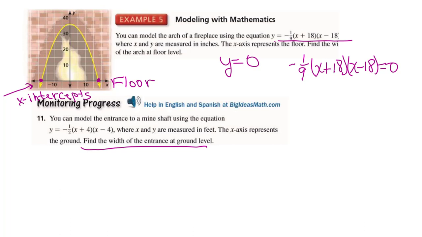So now what you are to notice is this is a factored polynomial. There's one factor, there's one factor. Now the nice thing is -1/9 you can just ignore because numbers are never zero. So you're going to set your other factors equal to 0